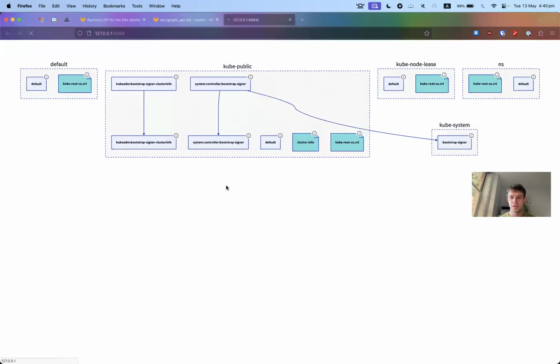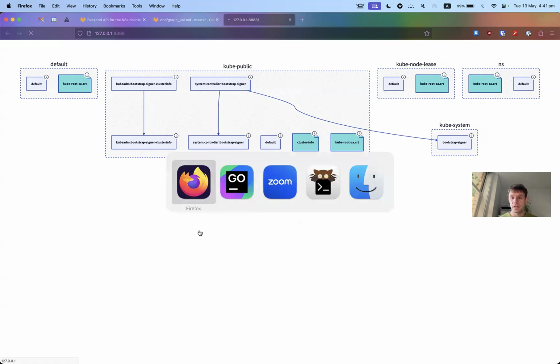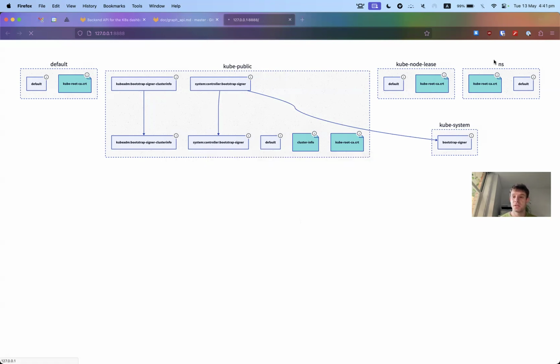So it opens the link to the GitLab CLI port automatically in the default browser. As you can see, it's not done loading because it's a live view. It's not a fixed once-rendered SVG. So if you make changes in the cluster, it will render them here. As you can see, we have the namespaces. These are namespaces. It shouldn't be here. It's a bug, an edge case that needs to be fixed. But here the namespace, and let's